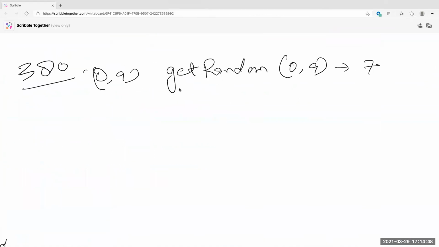Oh, they give you a random number generator? Yes. So that is implemented. You assume that that is present. Why 0 to 9? You can give any number, for example, 0 to 100. It's actually 0 to 1, right? And then it will give you 0 to n minus 1, like 0.1, and you will multiply it by 10 and you get 1.